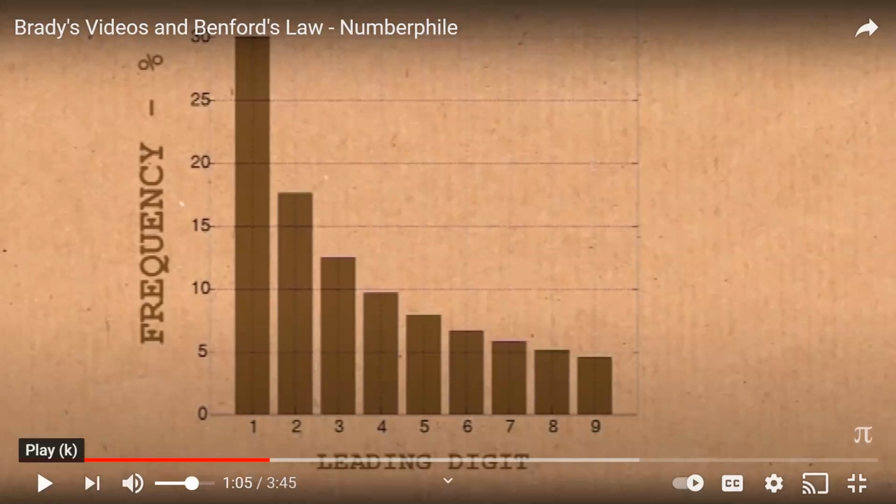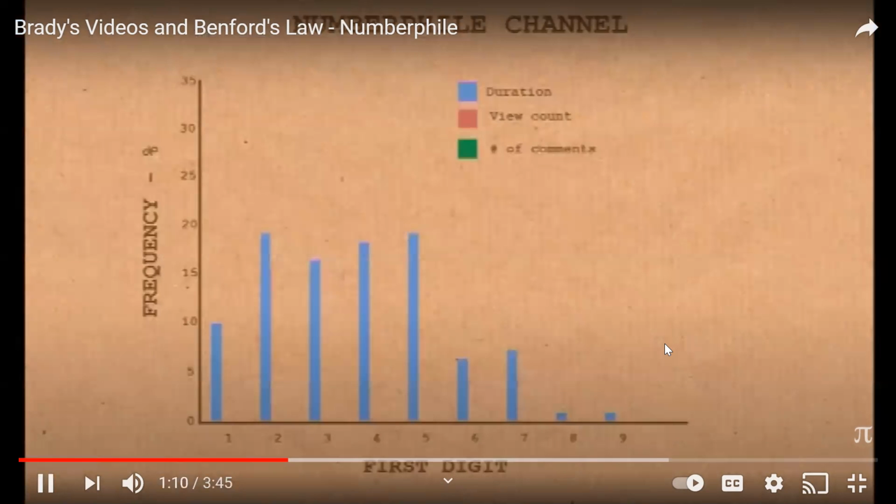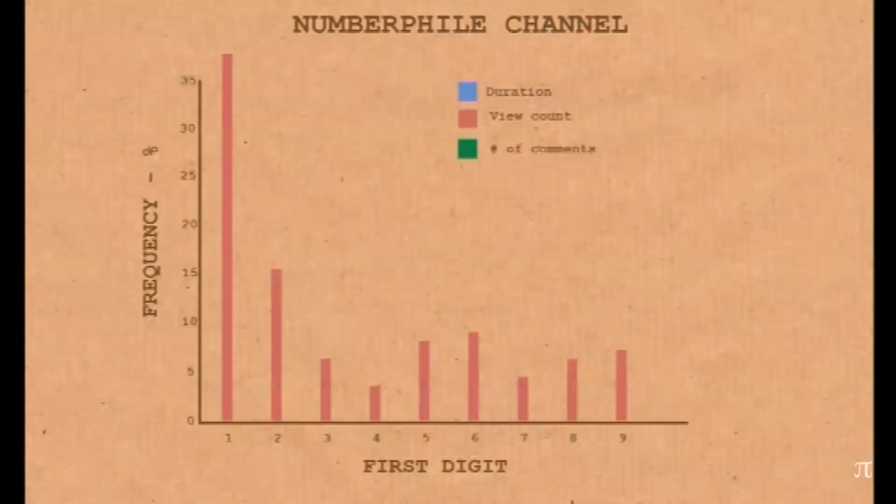All right. So the only thing we did is really go over the video to let us know what Benford's curve is. Well, it looks like this. So we haven't got a very good match. Let's look at the view counts. Now, number 1 is definitely the most common digit at the start of the view counts, followed by number 2. That's as it should be. But it goes a bit wrong there at the end, doesn't it?